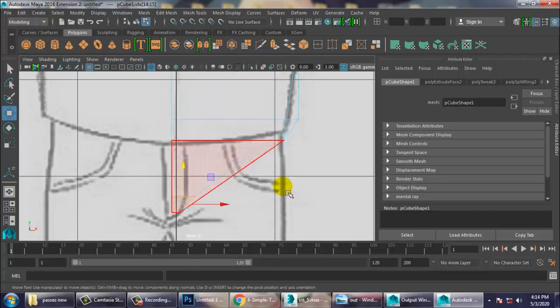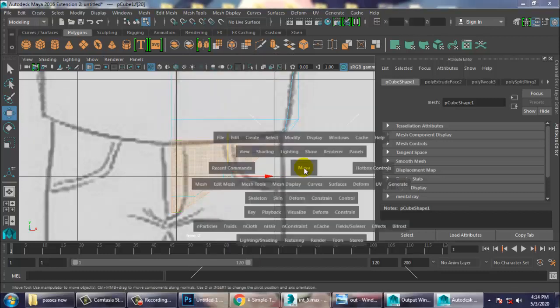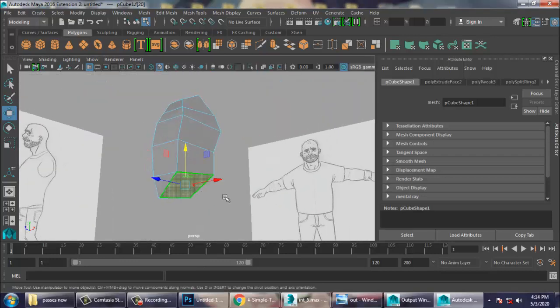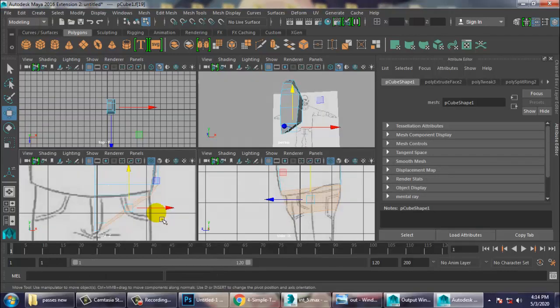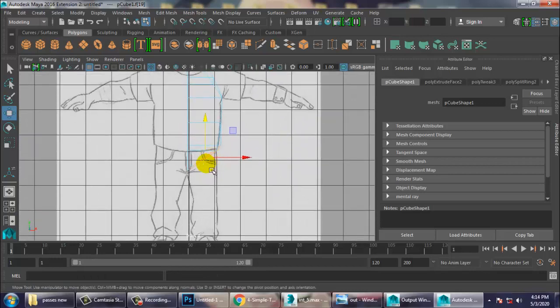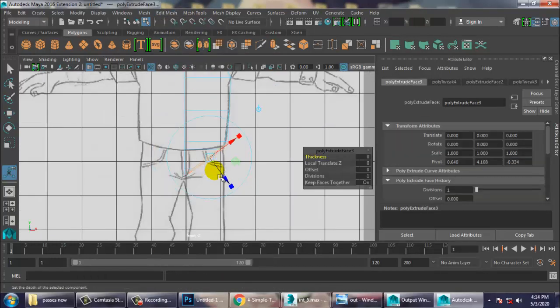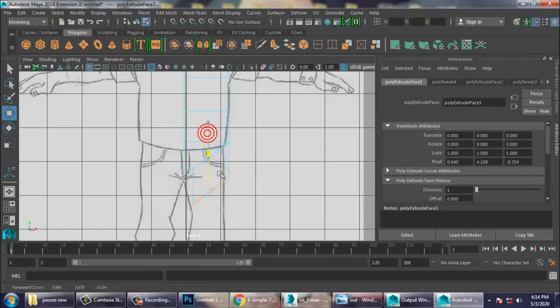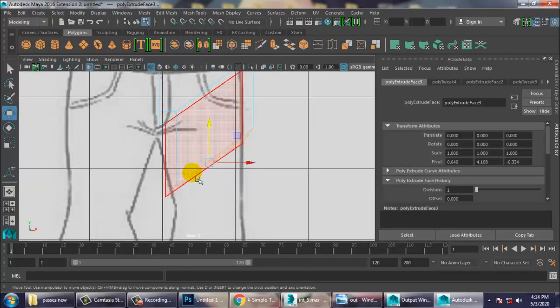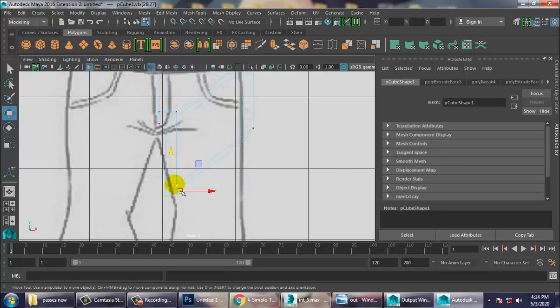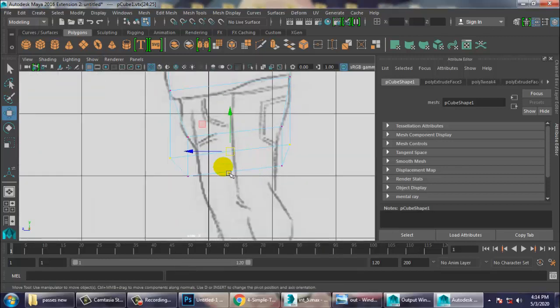Now you can just select the side part over here, and you can go on extruding this down. So let's extrude this down, go into the vertices and just adjust these vertices.